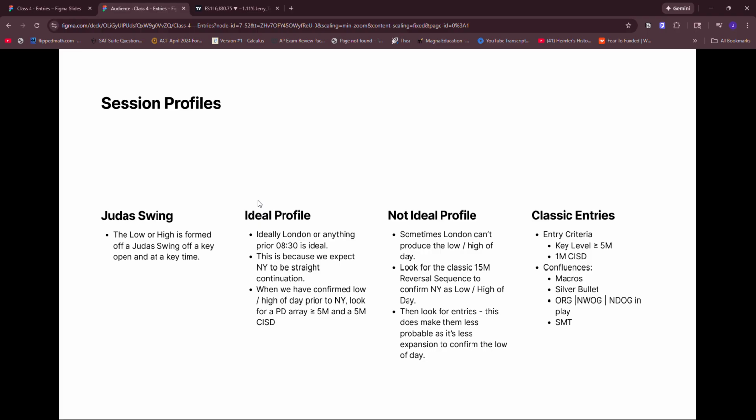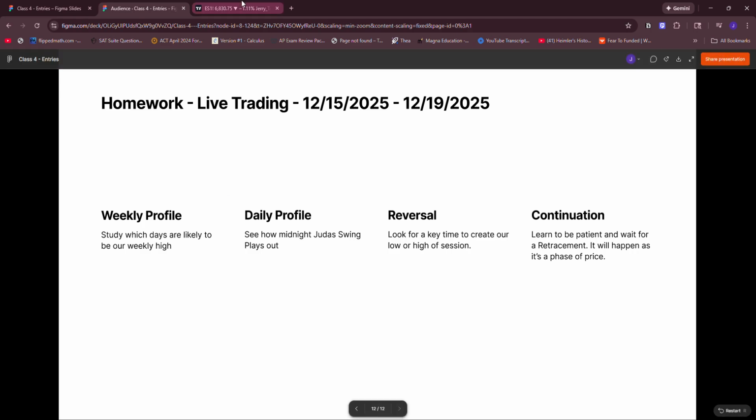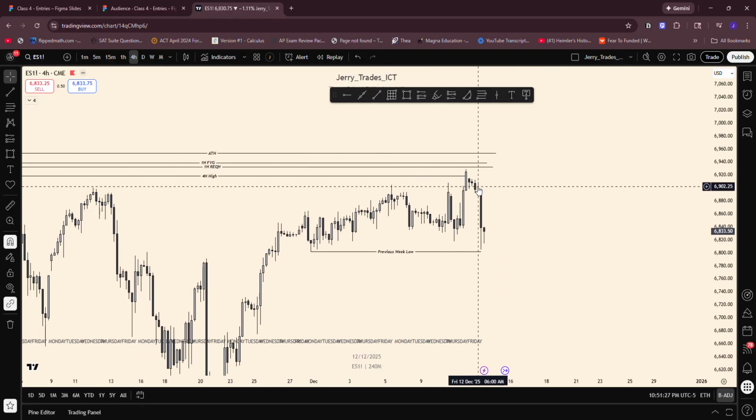So session profiles, right? This is what we talked about. You can pause the video, but this kind of goes over what profiles there are. And then homework, right? Just study what I talked about. And so we're going to get into the charts, explain the continuation versus reversal trades and market maker models, and then we're going to go over